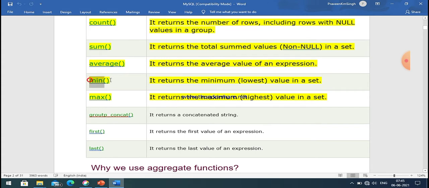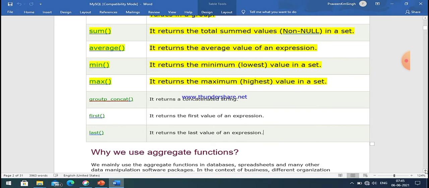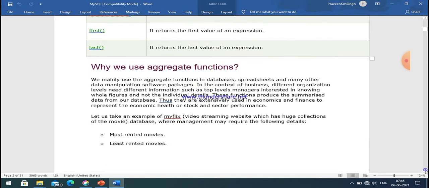So these are the 5 aggregate functions. Now in this lecture we are going to discuss the min and max functions. The min function returns the minimum or lowest value in a set, and the max function returns the highest or maximum value in a set. I think it is clear to all of you.